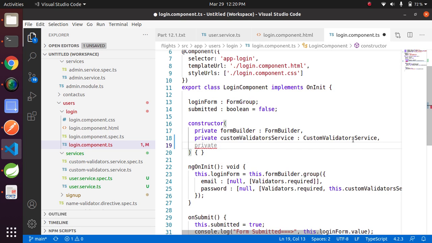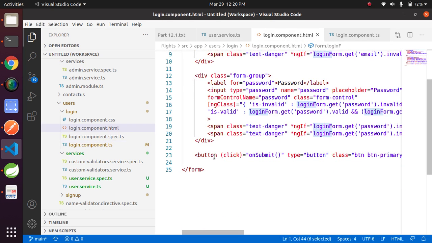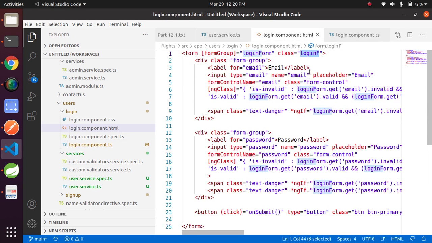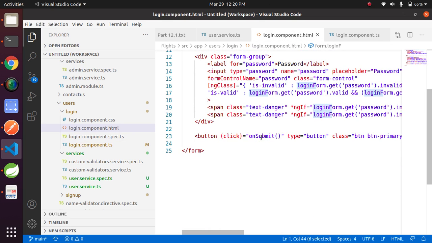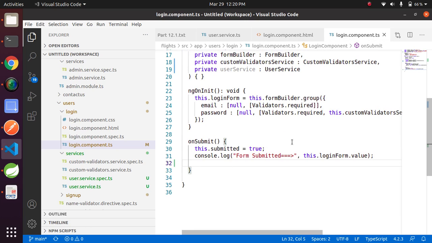Private user service. Now subscribe the observable here. Check, if you remember, we have mapped the on submit method with the reactive form. This is the reactive form, and the on submit method is mapped with the submit button.